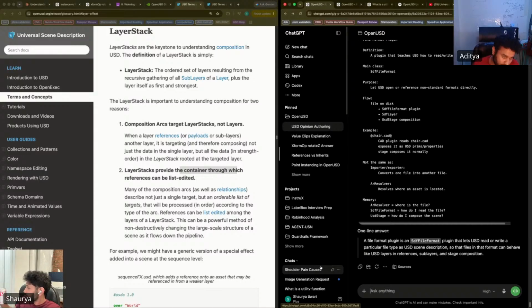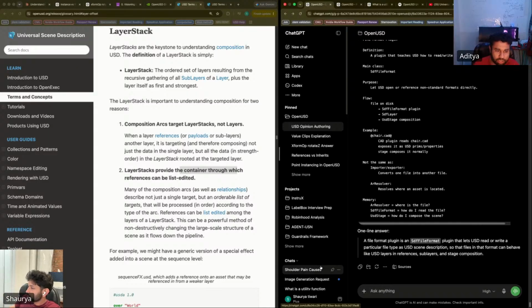So if you click on list edited, it's just going to say the same thing about what we read earlier: how list editing works in OpenUSD, how references are added onto a list and they are sparsely selected. So you can select a reference in a list at any point, and you can also remove it if you want to.